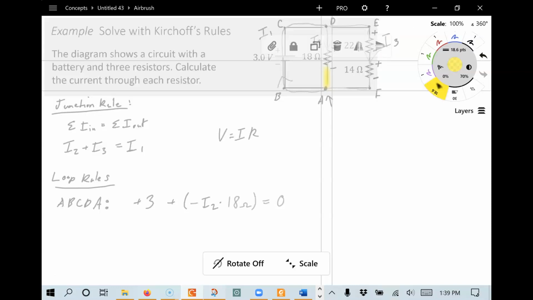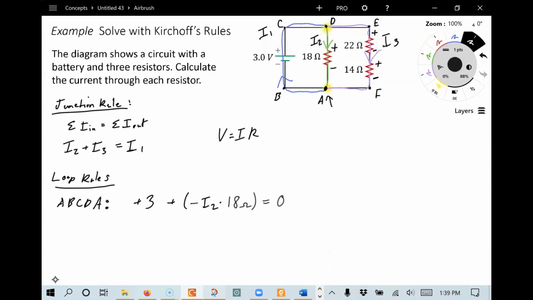So let's go ahead and we're going to do the loop A, D, E, F, back to A again. So I'm going to start at point A and I'm going to go clockwise. So I'm going to start here. Got to jump this resistor. We go from low to high. That's going to be positive. So we've got a plus